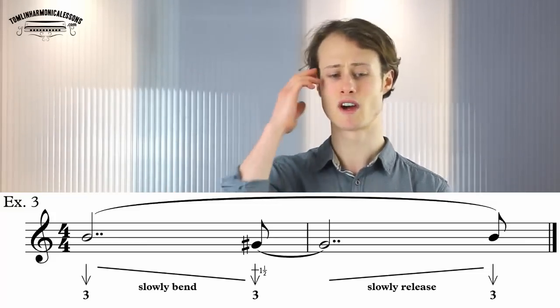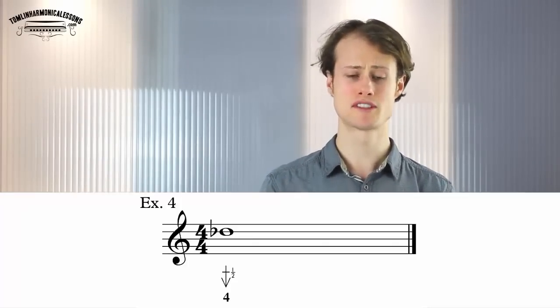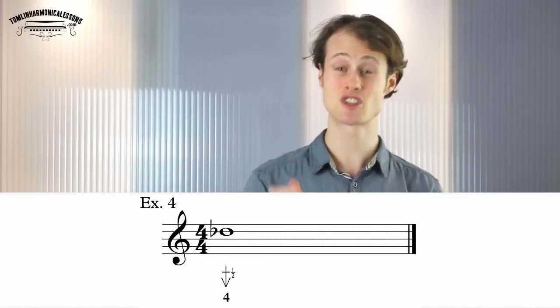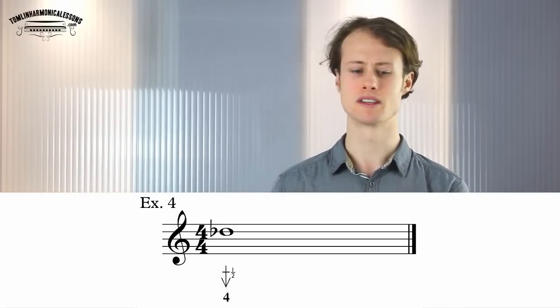So we're now going to get to our next three exercises, which are a slightly different style, and this is holding bends. So we're just going to start on the 4-draw, half step bend. I want you to hit it straight on. And this time I do want you to count, because I want you to hold it for 4 beats. So you're going to do